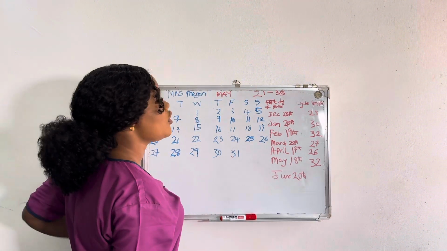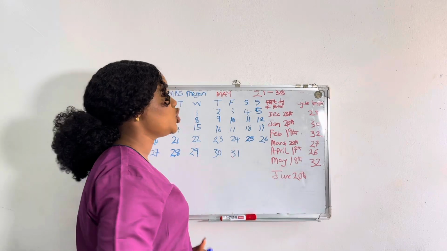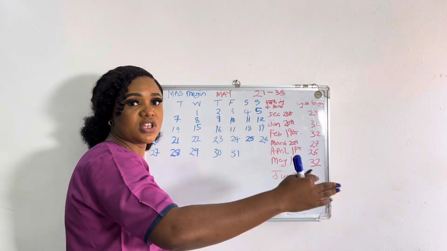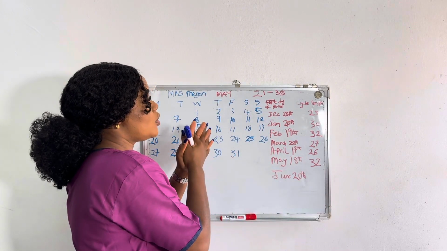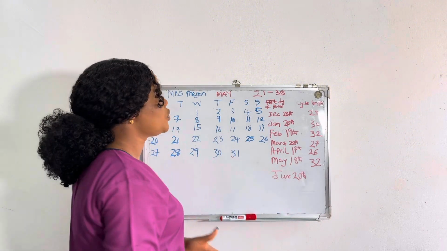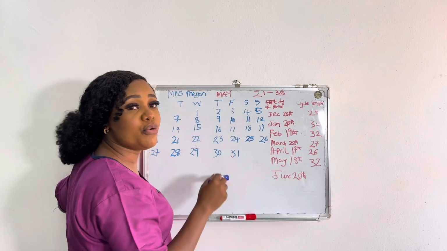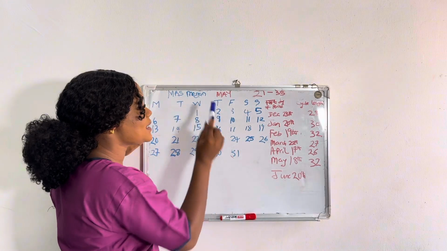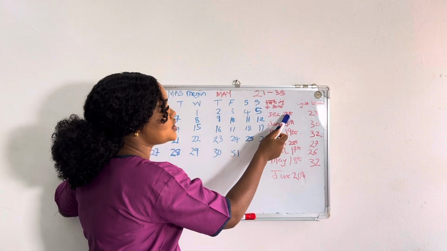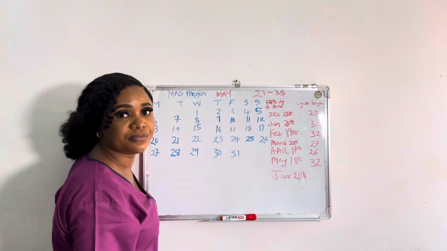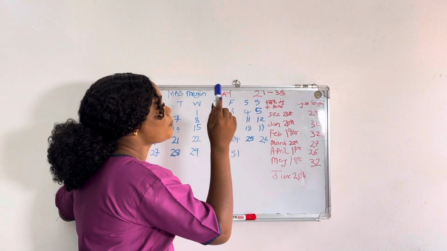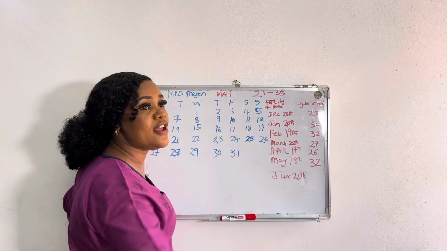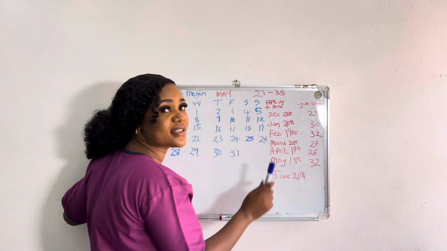Remember I said for my girlies with irregular period, you need to take note of these days of your cycle length for at least a period of 6 months before you will be able to calculate your cycle length correctly. So now Mrs. Megan took note of her period date and cycle length for the last 6 months. Mrs. Megan saw her period, just as earlier mentioned, December 23rd and January 20th. And remember I said if your period started December 23rd, it's your day one. And if your next period comes like January 20th,